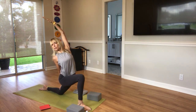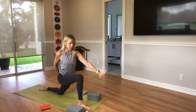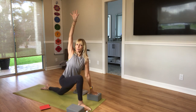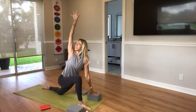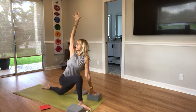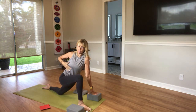One more. Good. Exhale, bring your left hand down inside your right leg, right arm up. Stay on your knees for now. And when I say stay on your knees, I don't mean come back onto your knees, but you don't have to tuck your back toes under and lift the back leg. Rotate your torso. Just find the best stretch that you can, or the best movement that you can find